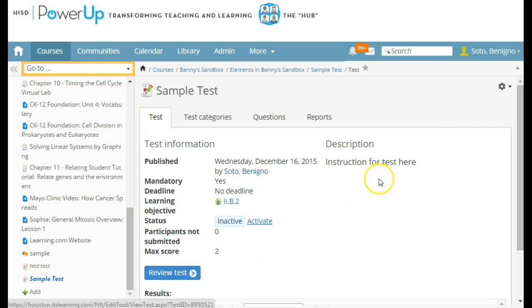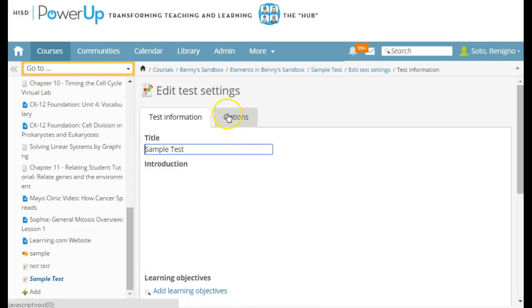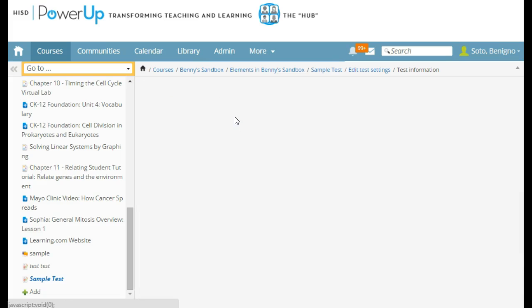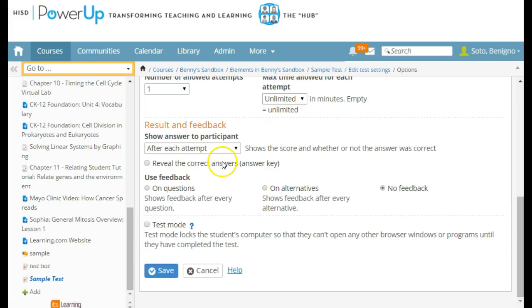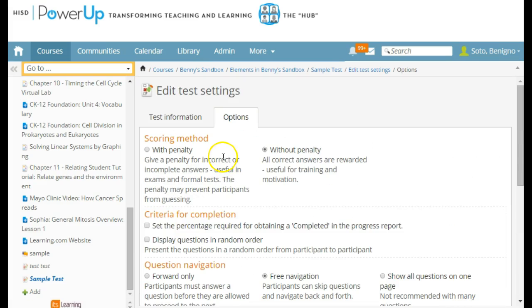Okay, so what I'm going to do is I'm going to click on this gear here and I'm going to click on edit test settings so that I can access the test options. And I just want to briefly go over, there's numerous options here, but I want to go over the most important ones. Scoring. So if you want the students to get a penalty or gets points taken off while they take the exam, if they get a question wrong, you want to click on with penalty. If you want to do like a SAT style test where it only rewards the students for correct answers, then